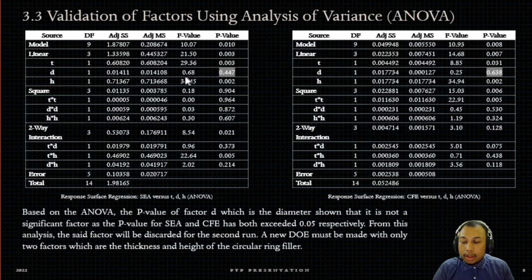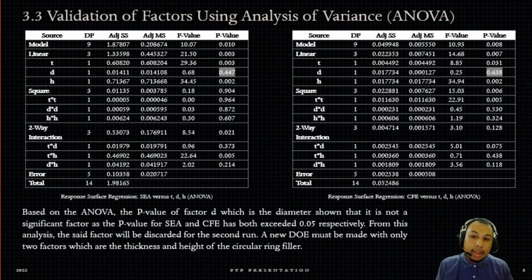As we can see here, the diameter factor produces a p-value much higher than 0.05, which is 0.447 for the SEA, while for the CFE, the diameter also showed a value higher than 0.05, which is 0.638. Therefore, I have to make a second run